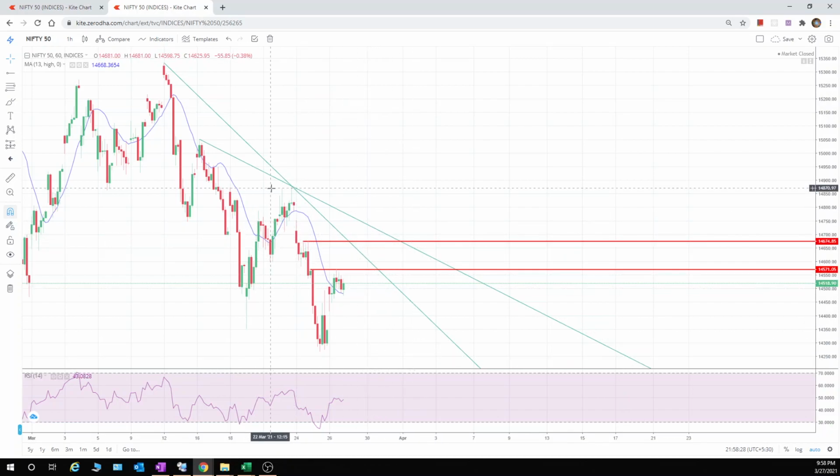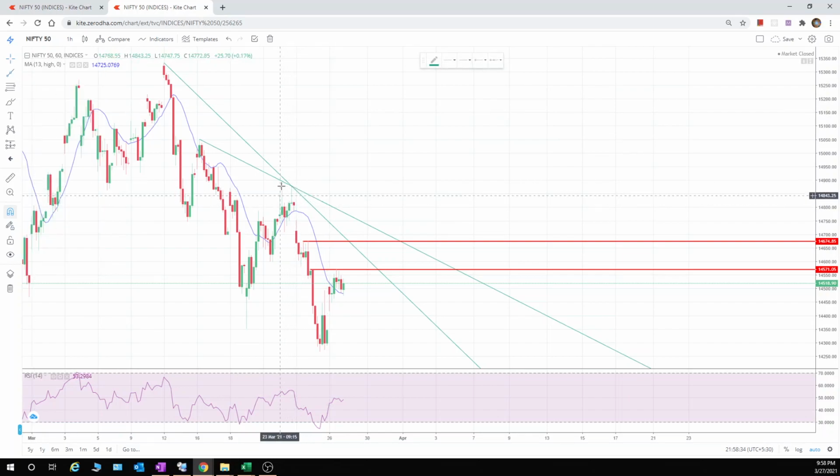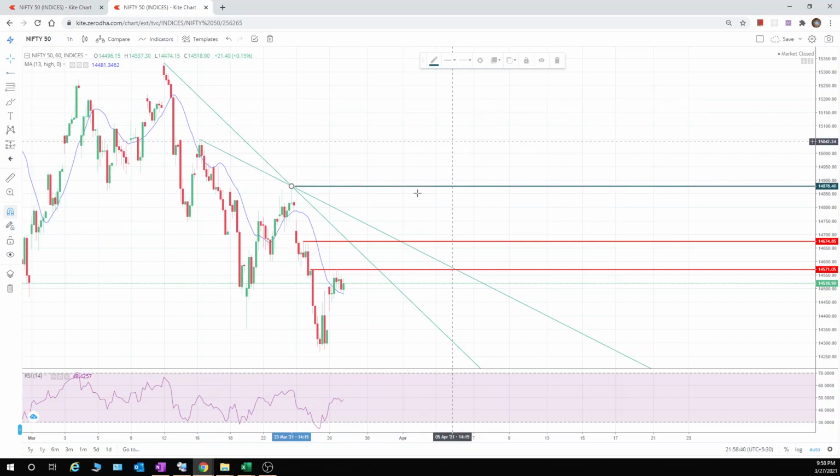Okay, but one thing I will tell you, if it is going over this line, all the views will be invalidated. So we can go a little bit up. Okay, this is the main area of concern. Nifty gets stronger above this level.